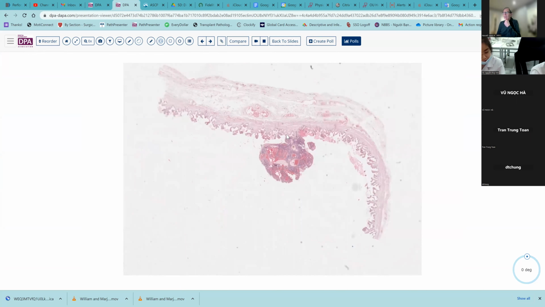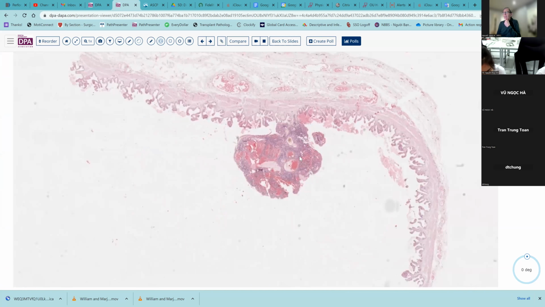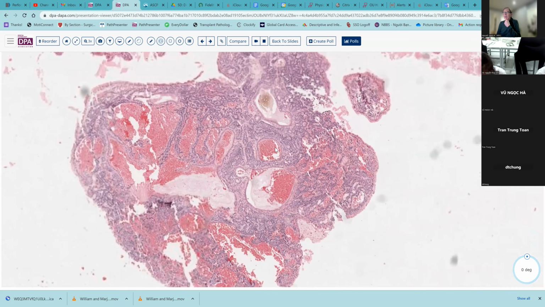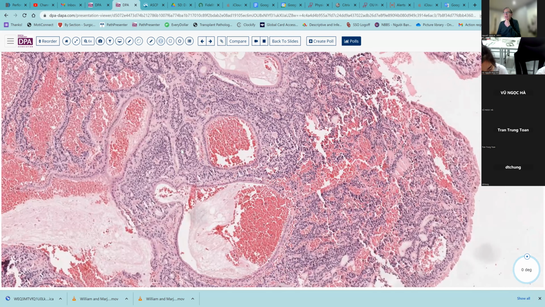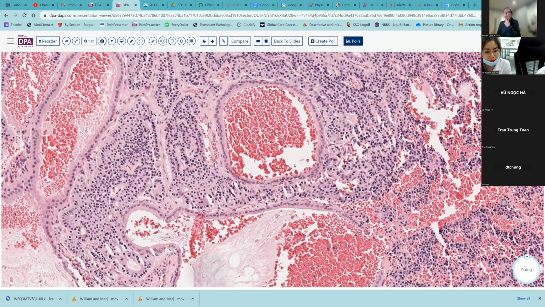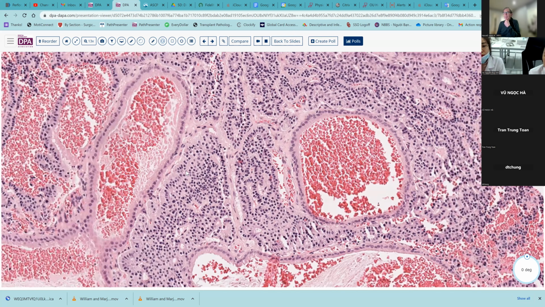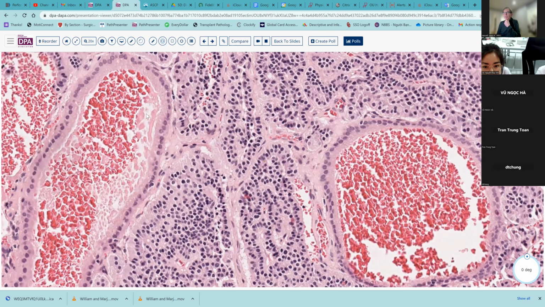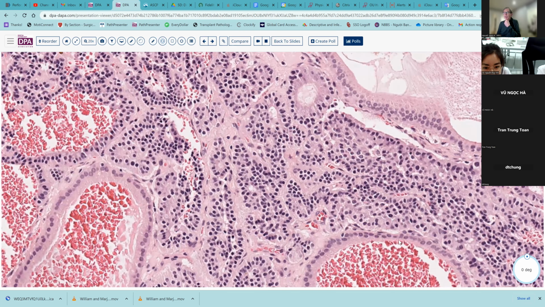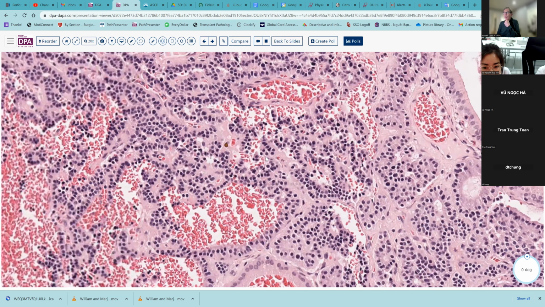Here's another polypoid lesion, exophytic into the lumen of the gallbladder. And this is, as you can see, forming sort of an organoid pattern, chains and solid areas, small cystic structures, and very uniform nuclei, nice round cells. And this should remind you of some neuroendocrine features. And so we did neuroendocrine markers on this, and sure enough, this is a neuroendocrine tumor, a well-differentiated neuroendocrine tumor